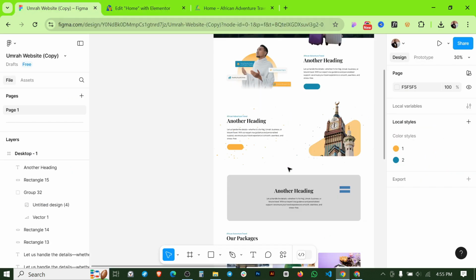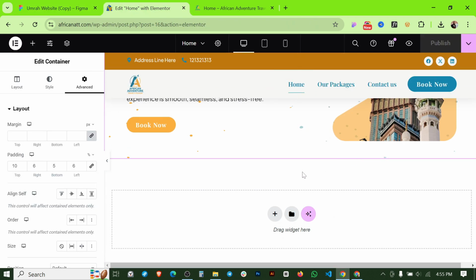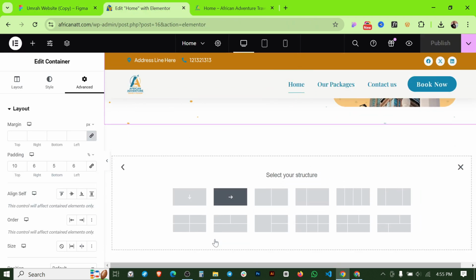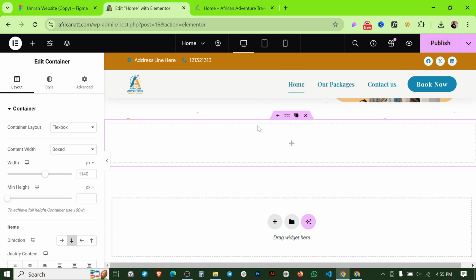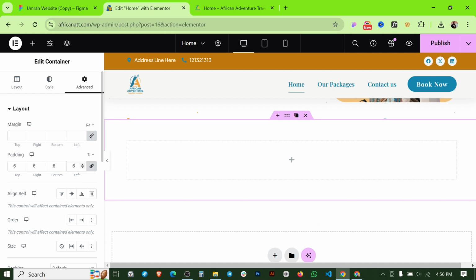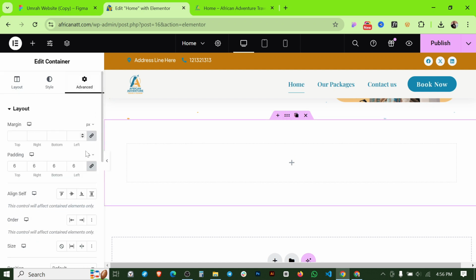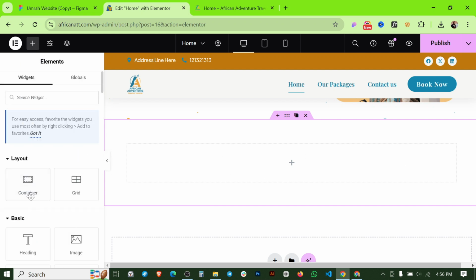now we are going for the next section. This is here minimum. I'm going to take it 1, and let's make this one boxed. Okay, let's keep it boxed. And if I go here, let's use 6% of padding here, or we can make it full width, and let's use 6%. And now if I click here at the container,